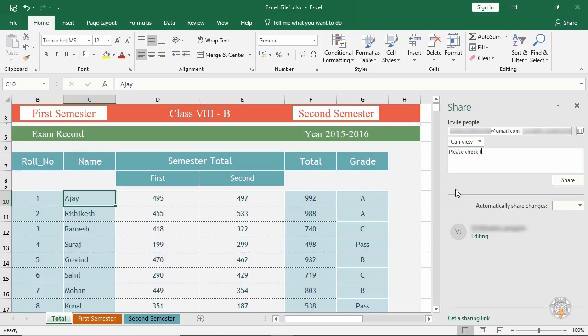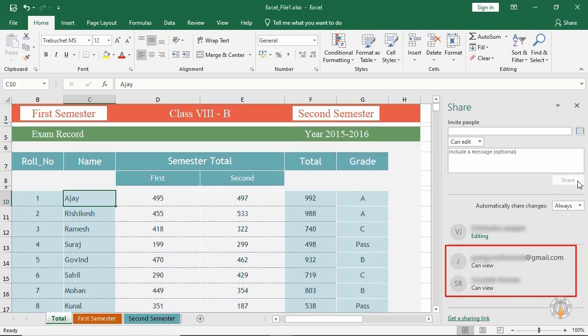The Automatically Share Changes box is used to specify whether you want to automatically share future changes or you want to be asked each time. For now, let's select Always so that all changes get shared. Finally, click Share. An email is sent to the people you shared the worksheet with informing them about it.